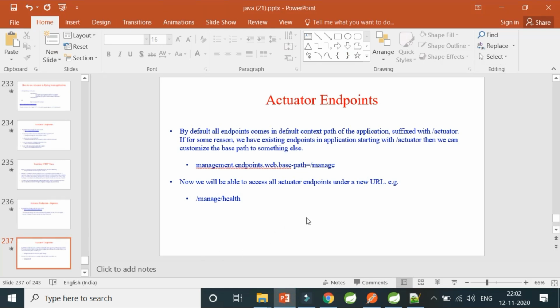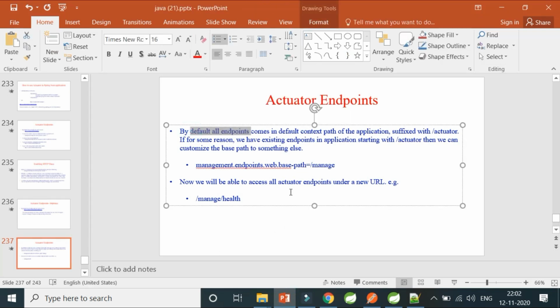So if you get my question clearly, it says that by default all endpoints are given with the /actuator prefix. Now if I have /actuator as a path in my existing customized REST APIs, then what do you expect me to change, this management path? So you don't have to do anything.